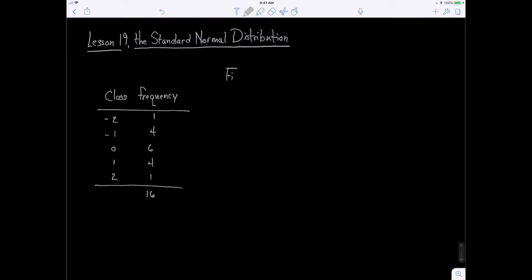First, we need to find the mean and standard deviation. All right, here we go. So the mean, x bar,